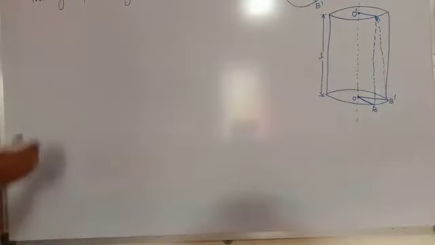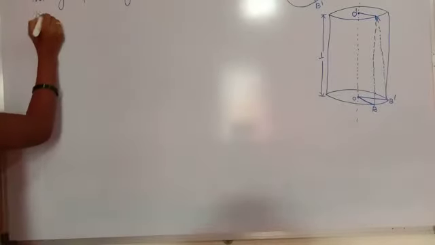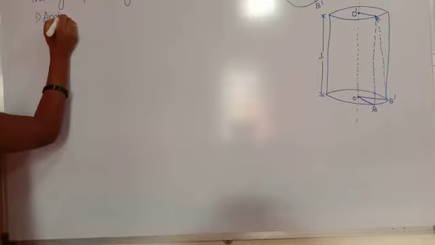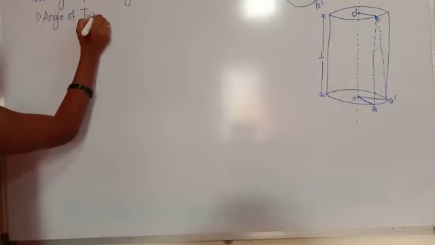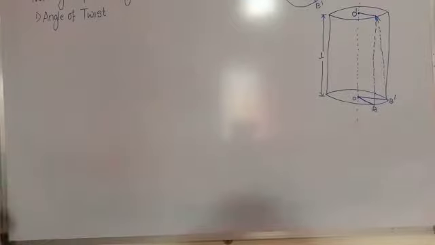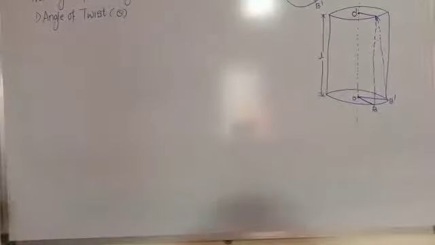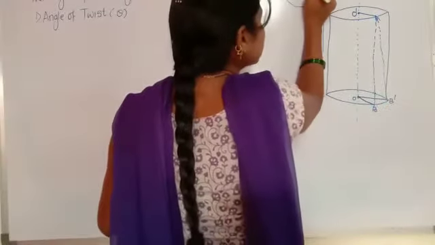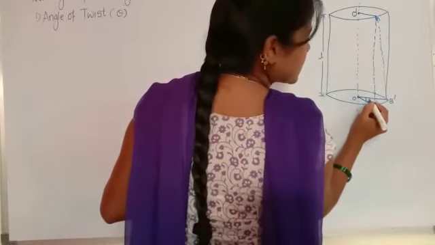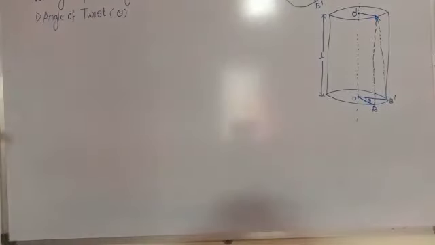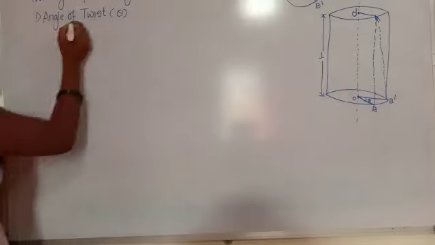So first one is the angle of twist. There is a definition. First of all, angle of twist. Okay. So this angle of twist is denoted by the letter theta. And this theta is nothing but the angle between these two, here the theta angle and here the theta angle. Okay. So what is the definition of angle of twist? That is theta. The angle through which the cross section of the cylinder is twisted about the axis of the cylinder is called the angle of twist.